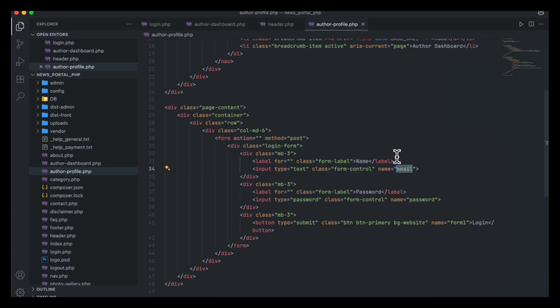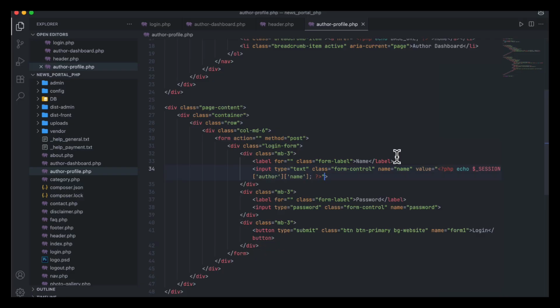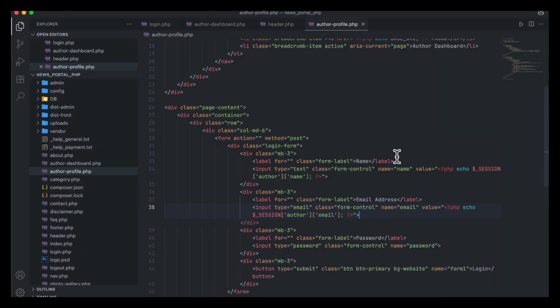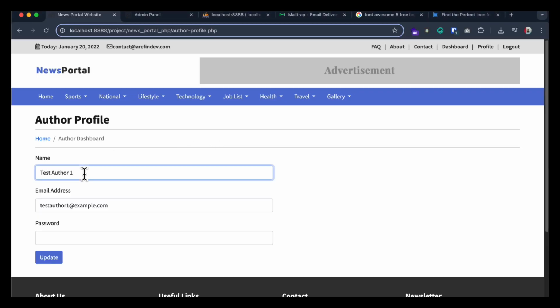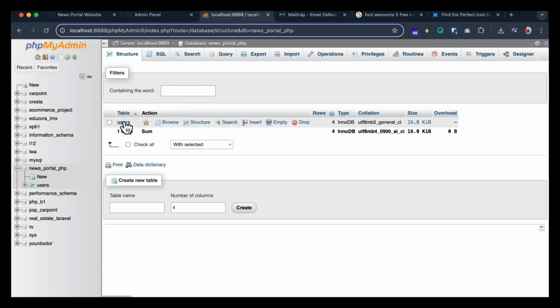So all the information to edit, name equal to name, and the existing name you can show here using the session author of name, that is okay. And after that I can use here the email address, it is also okay. Type, I am going to use text here, not email. So name, email, and here if he wants he can change his password. And lastly there will be an update button and form end. So this is okay. And if I refresh, you see the test author is the name, email is this, password is this, and author has another information, that is the